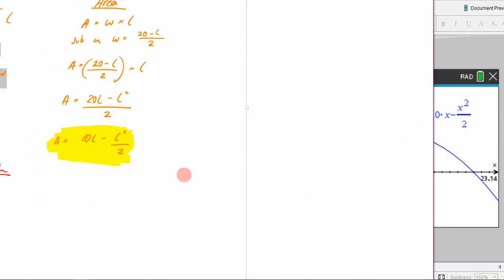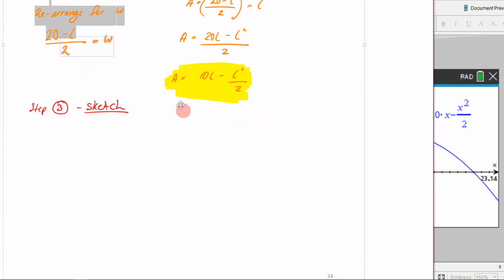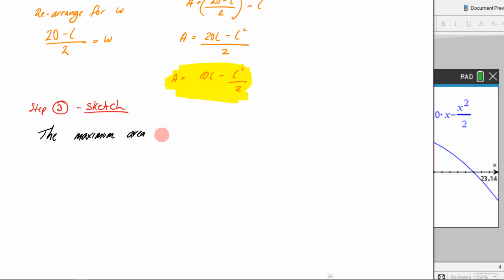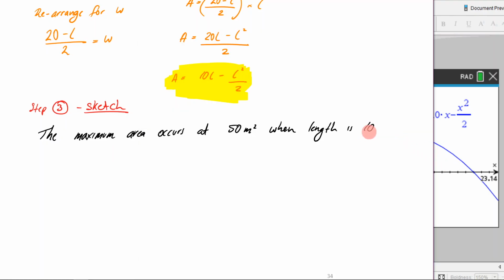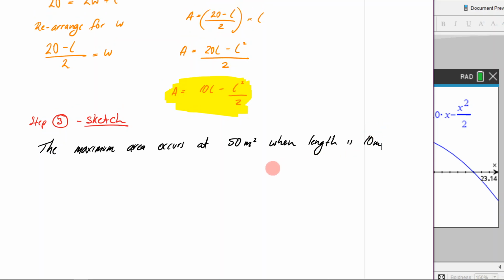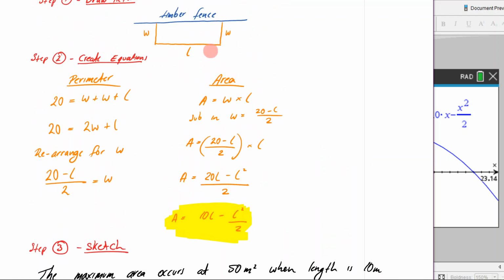So I can come over here now. Having sketched it, I can say the maximum area occurs at 50 meters when the length is, now what did we say? It was 10. Is 10 meters. And then of course, if the length is 10 meters, we can easily figure out what the